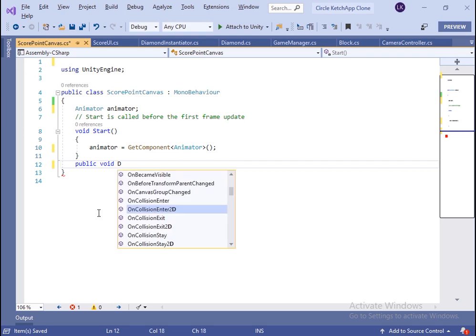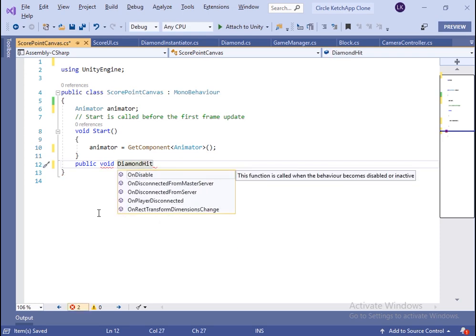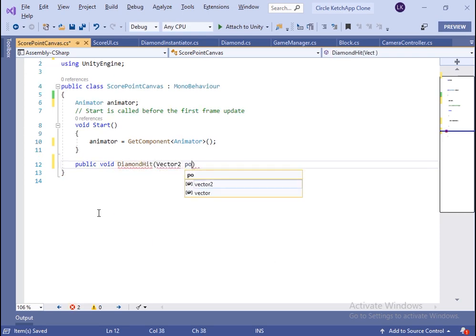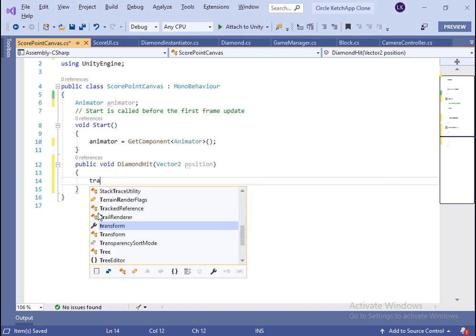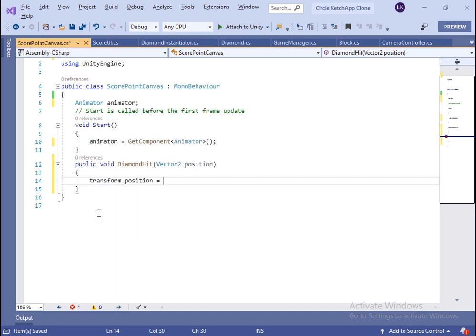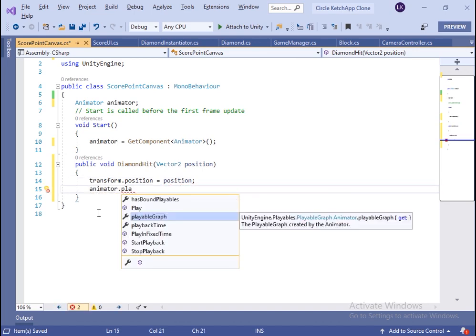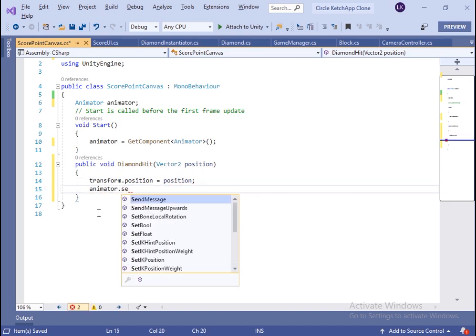Now let's create the method. I will name it diamond hit, and inside the parameter we will create a vector to position and display this canvas at that position. So inside the diamond hit method we will just change the game object position to the vector to position, and we will trigger the animation.